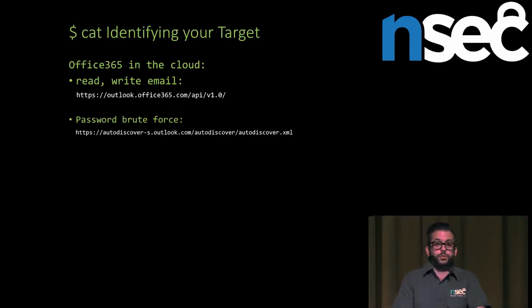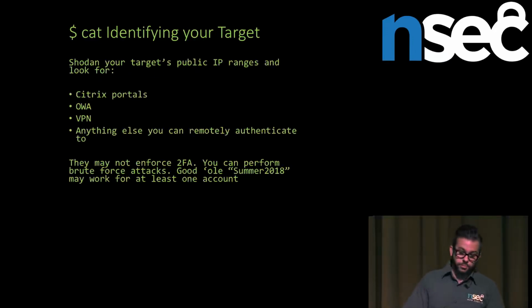So again, you just have to leak a couple of emails, and you can query the API and find the information. You can also perform password brute force on autodiscover, which is a public domain for all the cloud clients. And most of the time, clients don't get insight into the kind of attacks that are performed against this domain because it's owned by Microsoft. So it may take a bit of time before they actually realize that their ADFS is being brute forced externally, because nobody looks at their logs, right? Do you? I don't, personally.